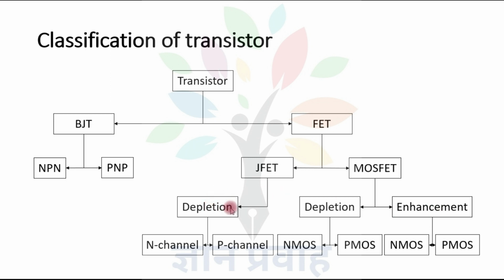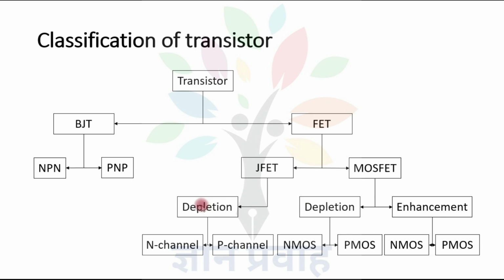Depletion type mode is a normally on device. While enhancement type mode is the mode when devices require some external voltage to work in conducting mode. Enhancement type devices are normally off devices, so we must enable the device by applying external voltage. While in case of depletion type, we must apply external voltage to disable the operation of the transistor.